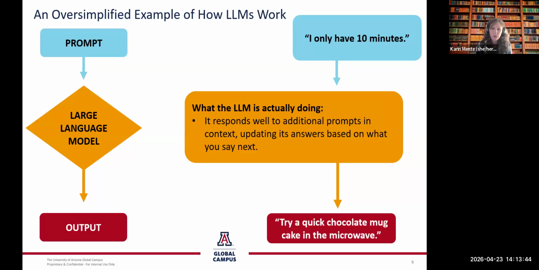So anyway, this is an example of how conversational AI works. It's not thinking about you, but it is responding to the flow of your conversation. And this is exactly why your prompts matter so much. The clearer and the more specific you are, the more useful the model's predictions are going to become. So understanding this will help you stay in control of the tool. You're the one guiding the tool. It's not the other way around.